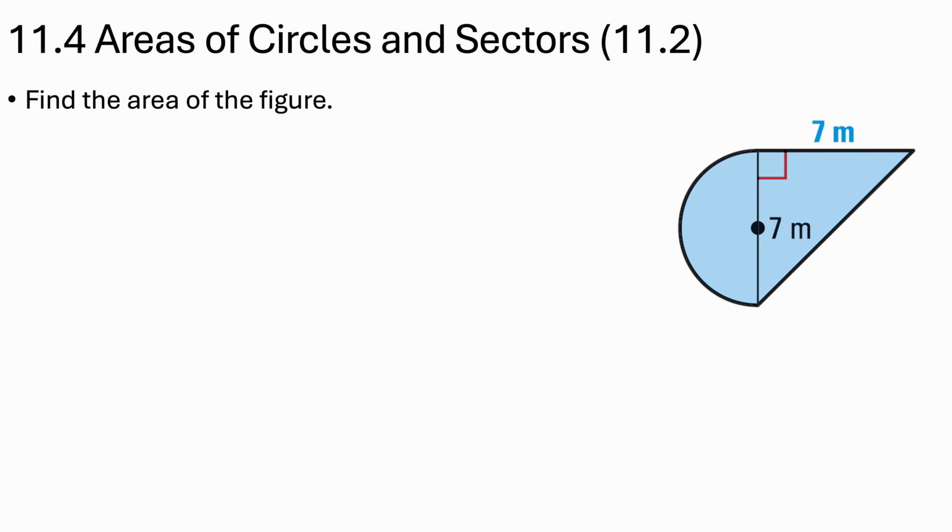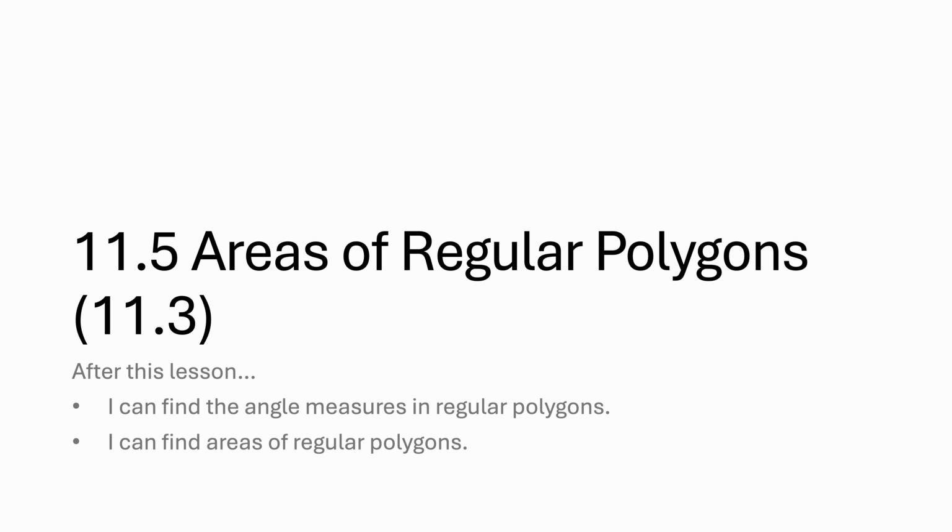Pi r square. Okay. R is 3.5 here. How much is r? 3.5. So this will be pi r square by 2. This area would be pi into r square by 2. R is 3.5, so pi into 3.5 square by 2 would be this area, and this will be half into 7 into 7, because base is 7 and height is 7. Then you add, and you will get the area of the two shapes.